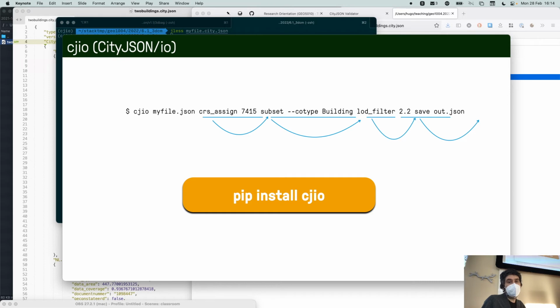If you want to install cjio, you just need to do pip install cjio, and then you have it. It's not in Conda. I know some of you use Conda. I cannot be bothered to learn how to package something to put it in Conda. But I say it every year: if some of you like Conda, you can read how to make a Conda package, and I'm happy to allow you to put cjio on Conda. End of parenthesis. It's going to rain this weekend maybe, so something nice to do.